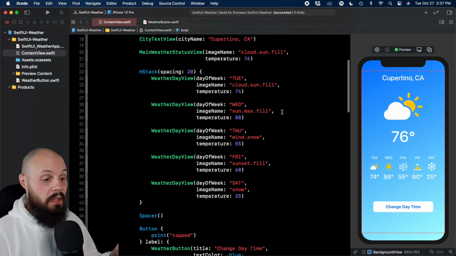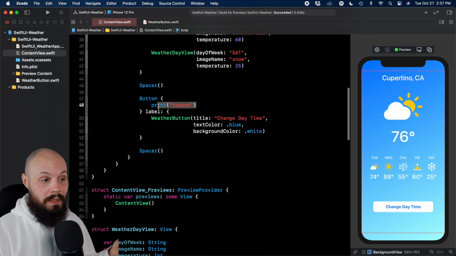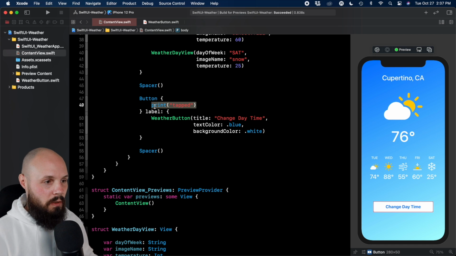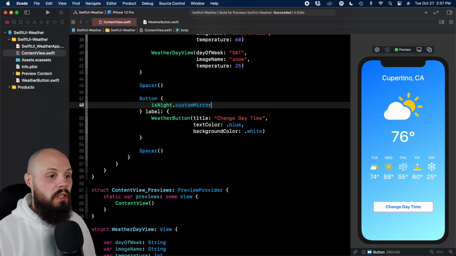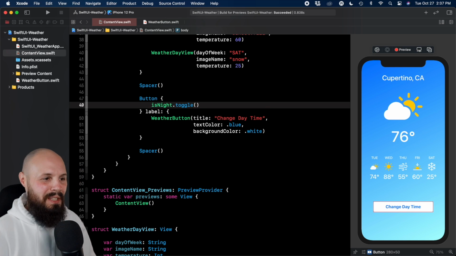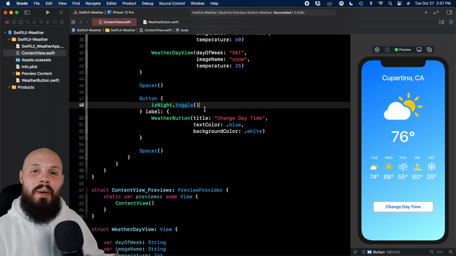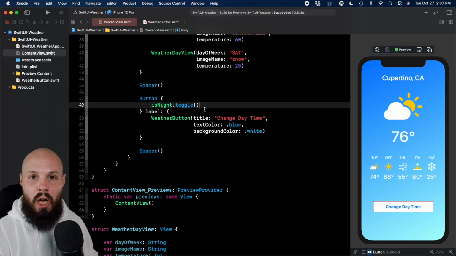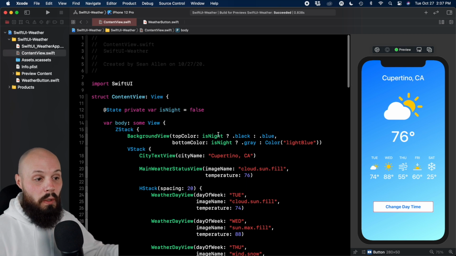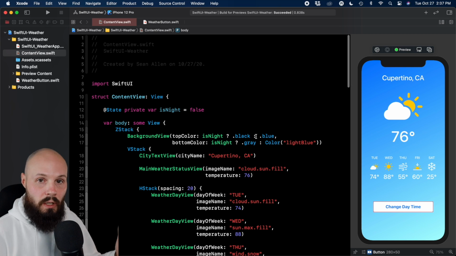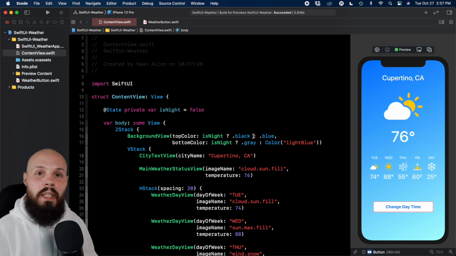So let's try this out here. Down in our button, remember we just did button tapped. Now we're actually going to flip that Boolean. So we can do isNight.toggle. So no, not custom mirror. What are you doing, Xcode? Toggle. All right. So now when I tap the button, it's going to just toggle from true to false. And based on that, our UI is going to be watching it, and it's going to adjust our background gradient accordingly, right? So you can either run this on your device if you want, run it on the simulator, or